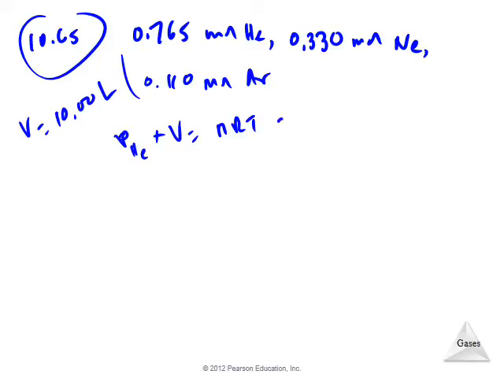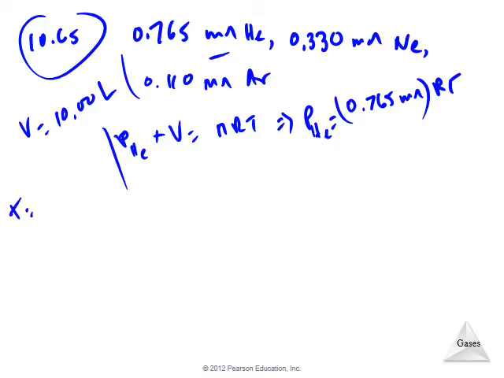So pressure due to helium would be given by nRT. We already know the number of moles of helium, which is 0.765 mole, and we know our value R, and we also know the temperature. I think temperature is also given in this problem: 25 degrees centigrade. You add 273 to get 298 Kelvin. So that would give me RT.